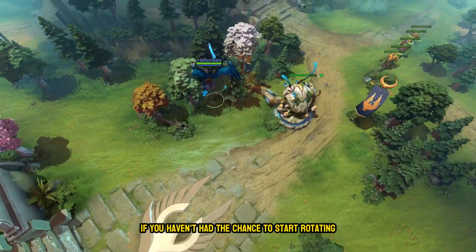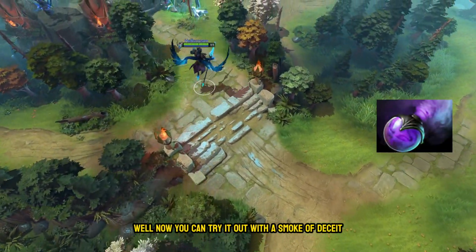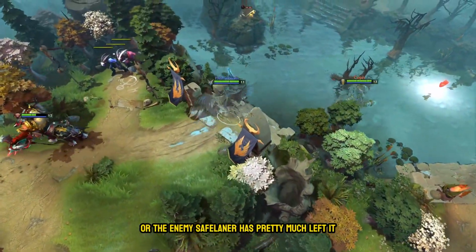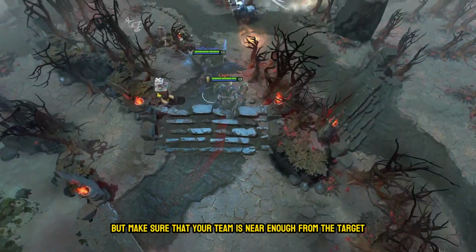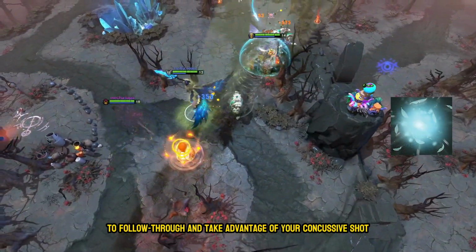If you haven't had the chance to start rotating during the lane stage, well, now you can try it out with a Smoke of Deceit once your offlane core has secured the lane, either by taking a tower or the enemy safe laner has pretty much left it. As mentioned, Skywrath Mage has a great long range slow to initiate, but make sure that your team is near